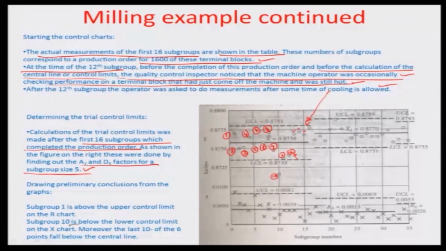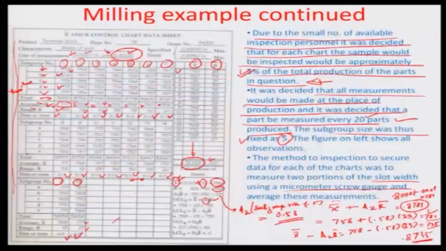So in a nutshell, we had about 16 subgroups, and the subgroup size was determined as 5, for which we calculated the A2 and D4 factors for the X double bar and the R charts. So now we will plot the R bar chart. So obviously the R bar or the range bar was determined from this particular